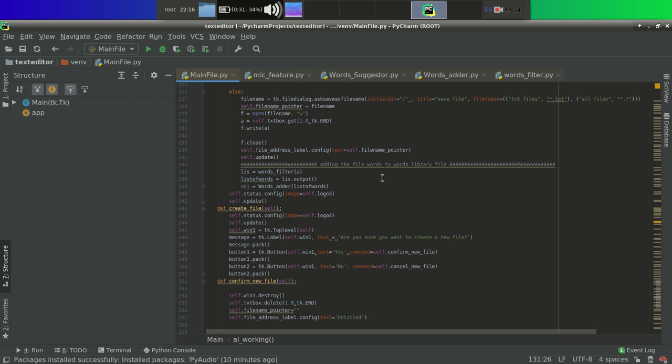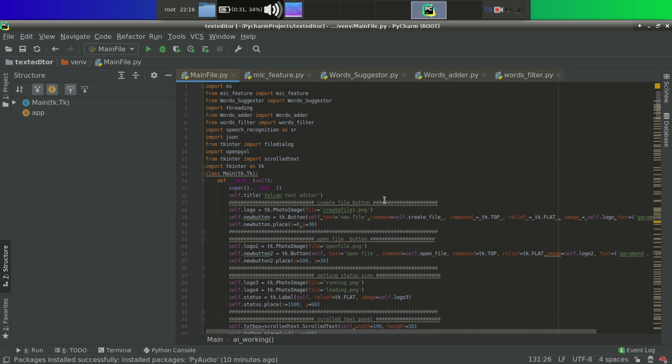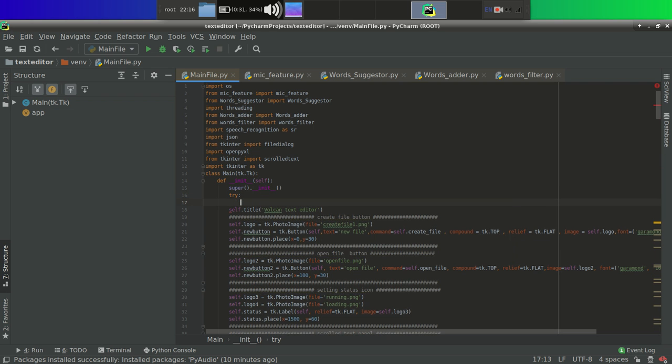So let's make that folder, and for making that folder we will do it over here. Let's use try first of all, because we will get an exception over here. We can, not we will. Most of the time we will get an exception, and at a particular time we will not get an exception.